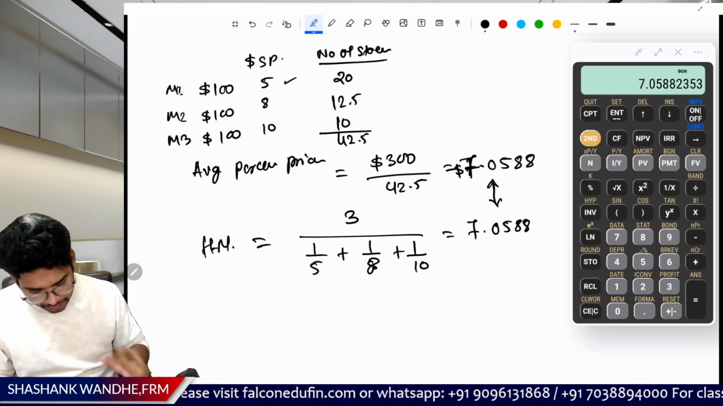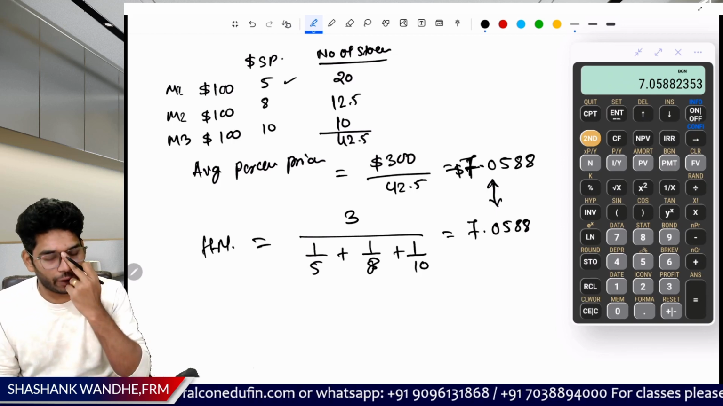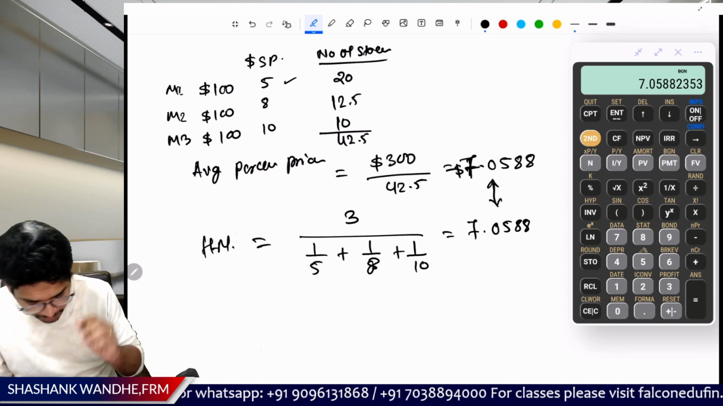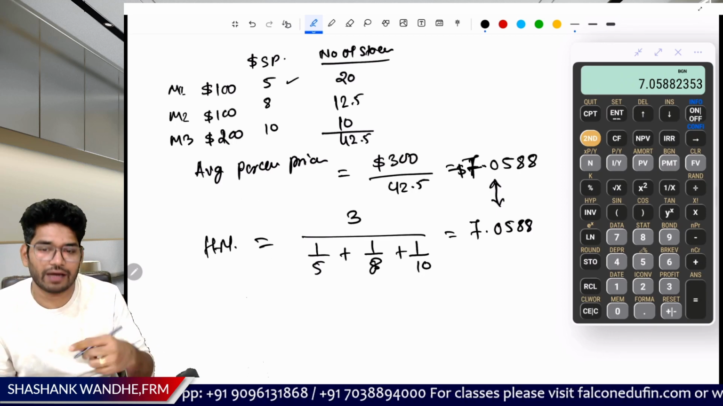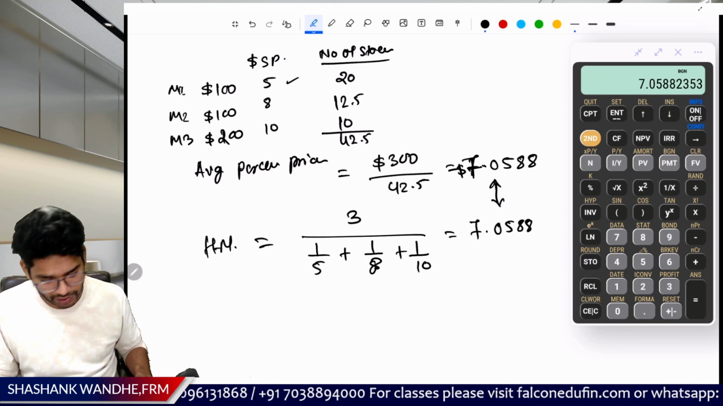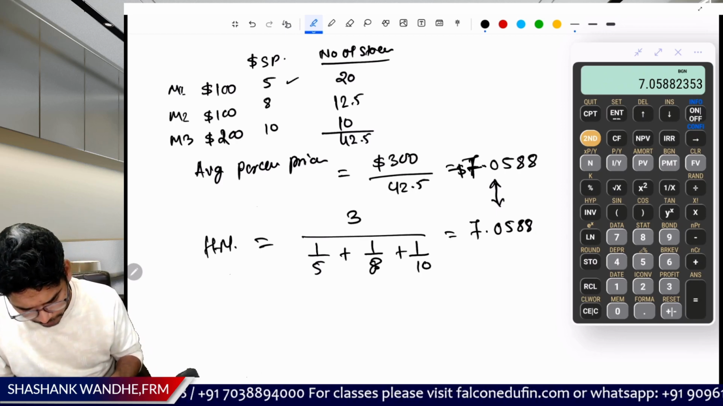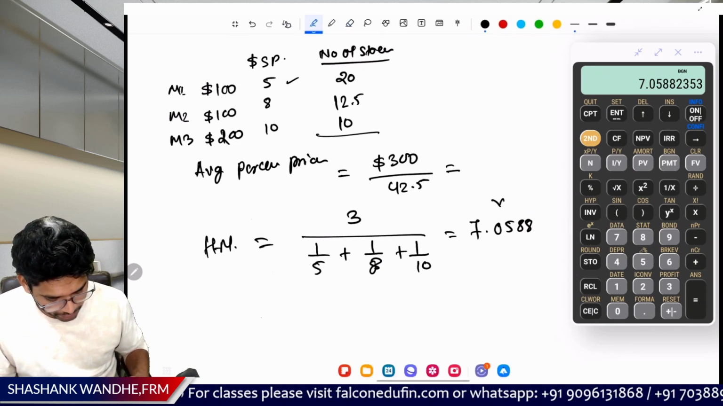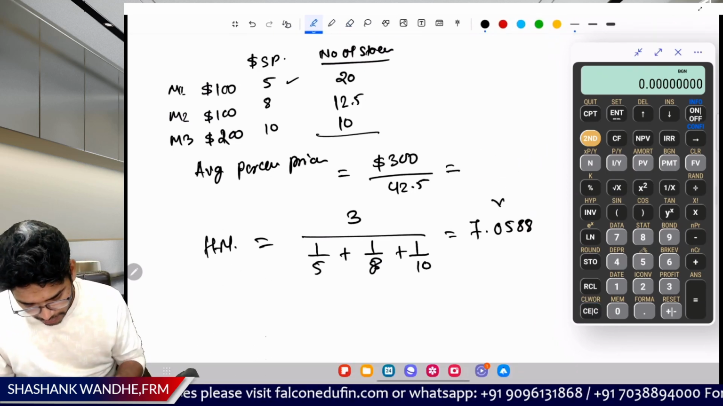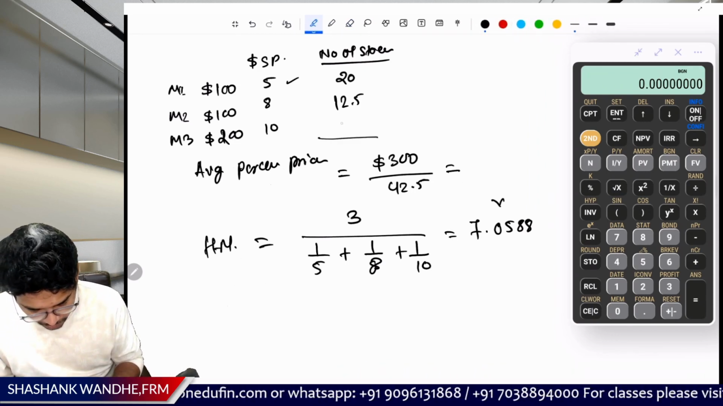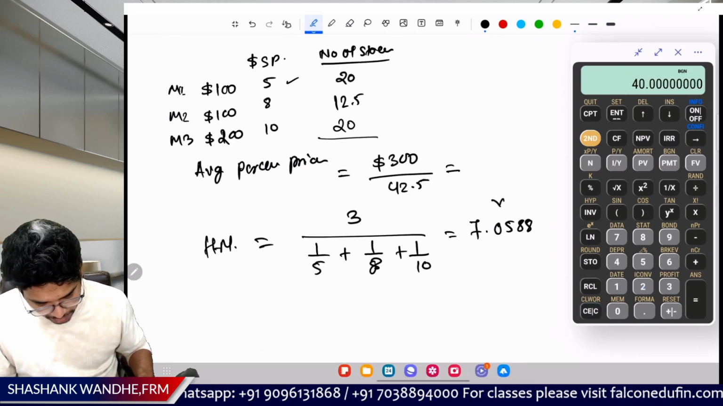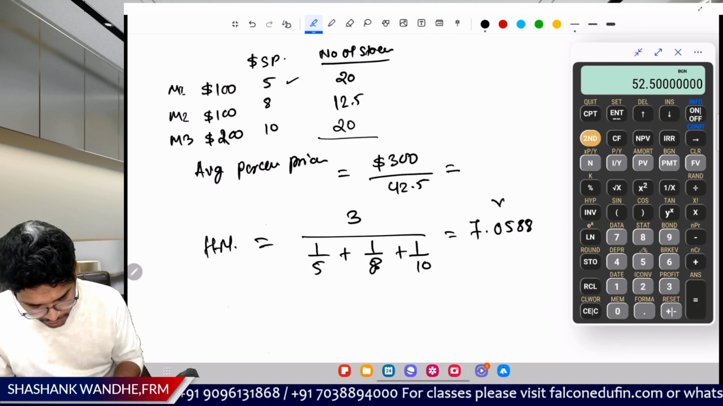Okay, now I will give you an example by simply changing one value, and then you can do the trial and error for yourself. So I'll say instead of investing $100 in month 3, I'll invest $200. Now see what happens. First we will calculate the average purchase price here in the normal setup. So here, if you invest $200, obviously we will have 20 shares, and this will give us 20 plus 20 plus 12.5, total number of shares purchased